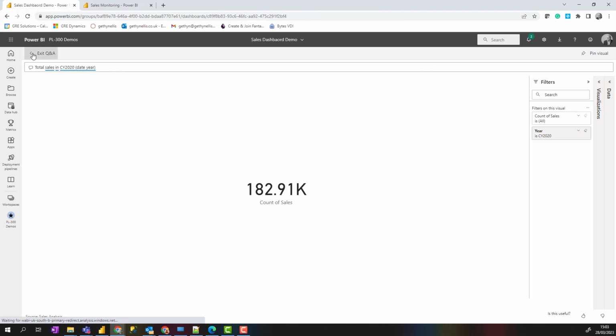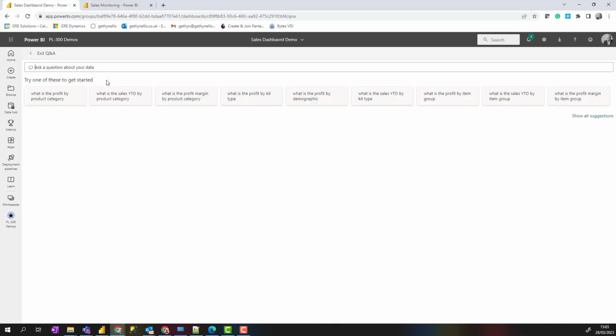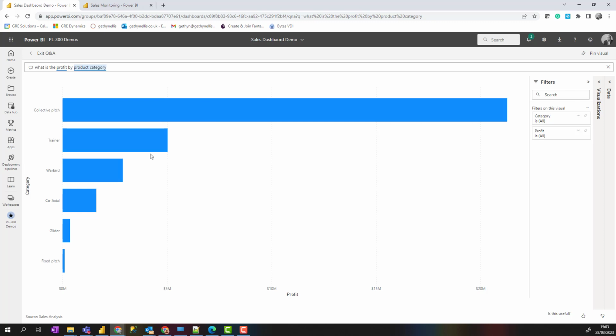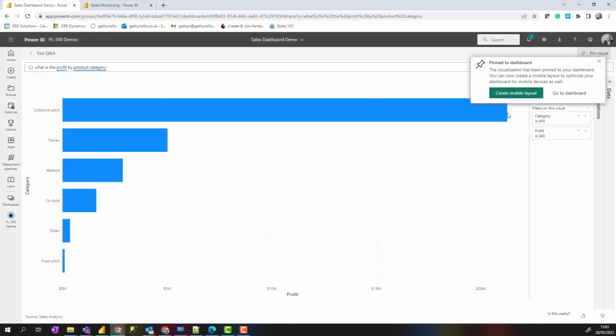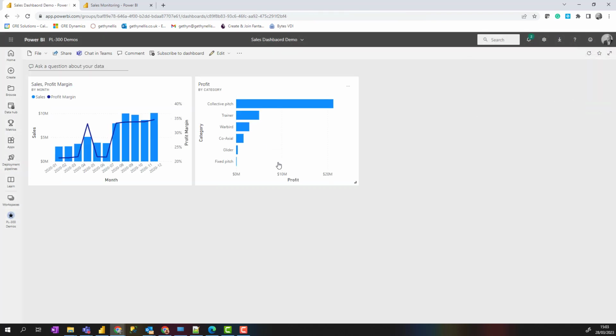Then if I exit the Q&A and go back into it, we can look at what is the profit by product category, and it'll generate all these visuals for you. And then when you're happy with your visual, you can click on pin, choose an existing one, go to that dashboard, and we now have two visuals